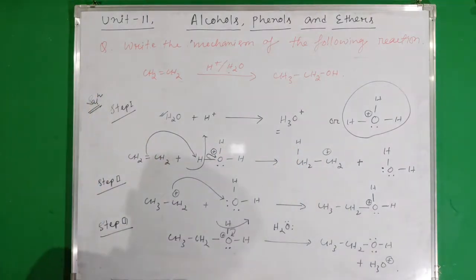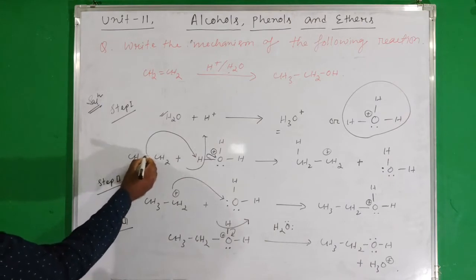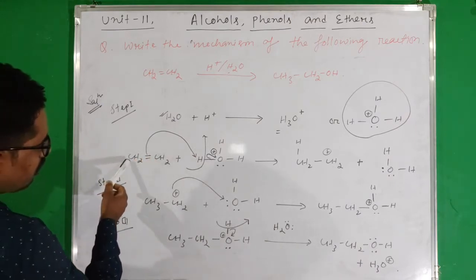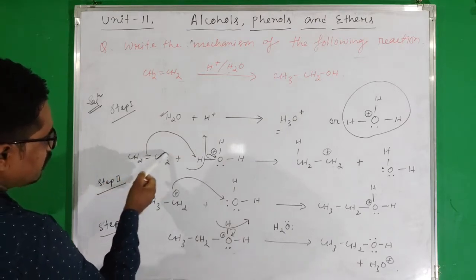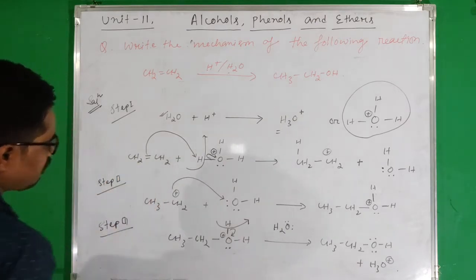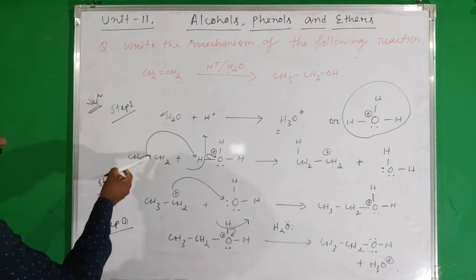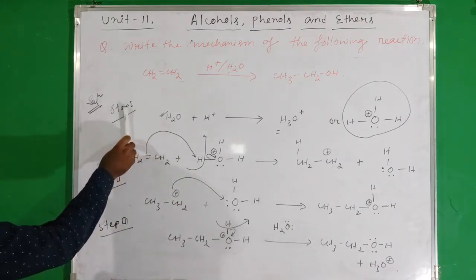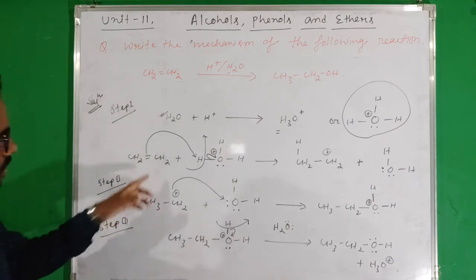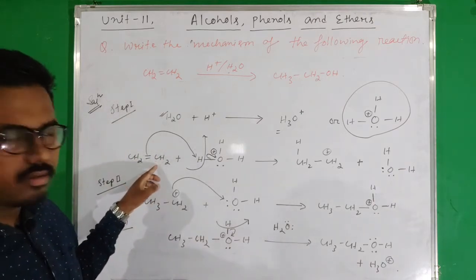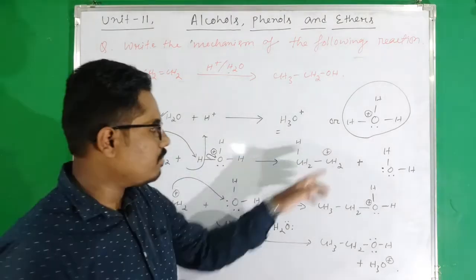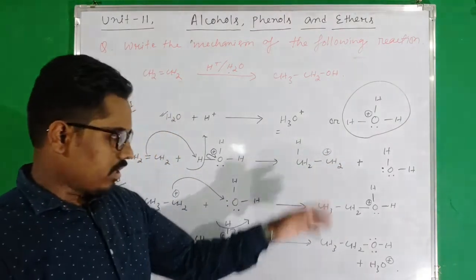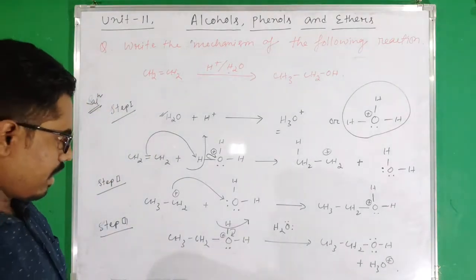Okay, again, since in this bond 2 electrons are present and 1 electron is from this carbon and another electron is from this carbon, but since both the electrons are donated to H positive ion, resulting in formation of this bond, therefore this carbon will not gain any electron, hence here one positive charge will appear and one carbocation will result, and